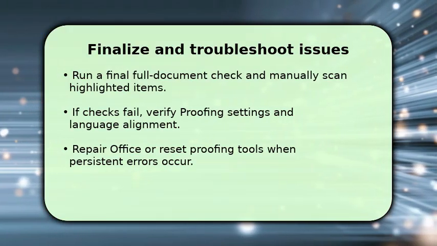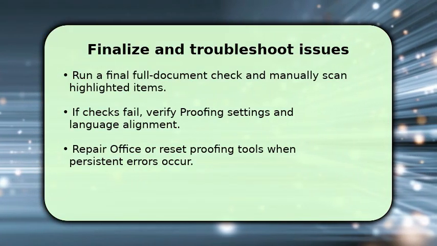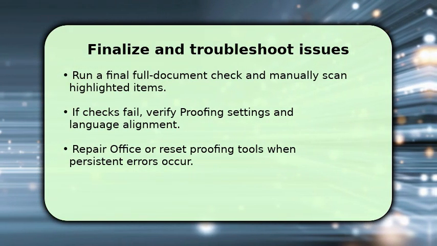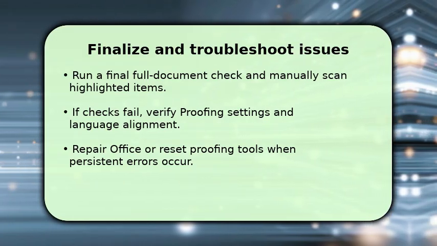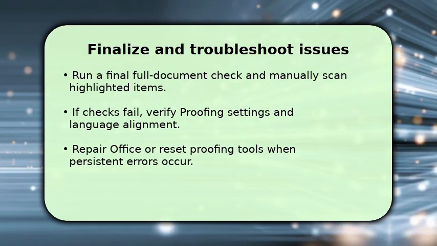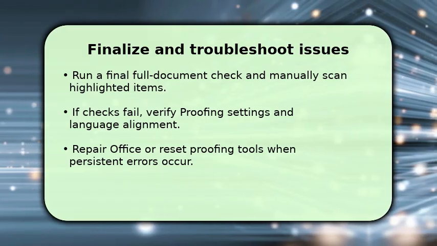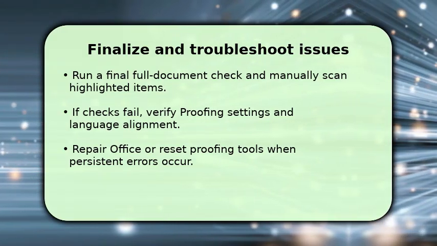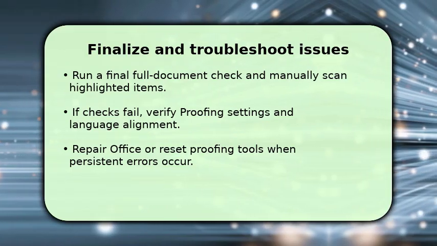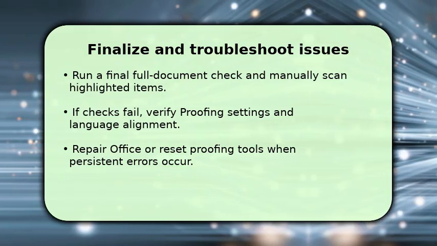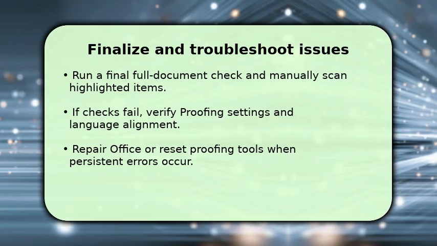If Word doesn't flag mistakes, make sure proofing options are enabled and the document language matches the intended language. Once done, inspect custom dictionaries and auto-correct entries for conflicts. If persistent problems continue, repair Office from Programs and Features or reset proofing tools and options. This often fixes corrupt